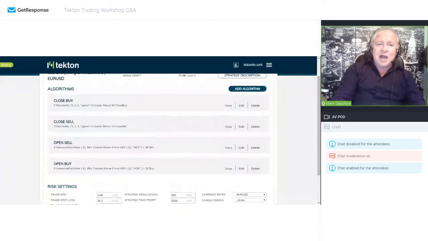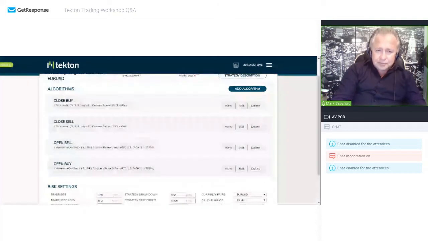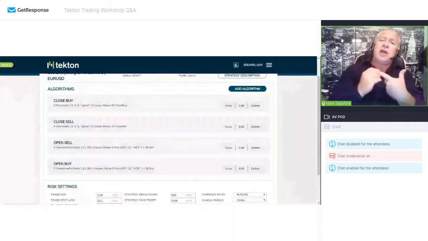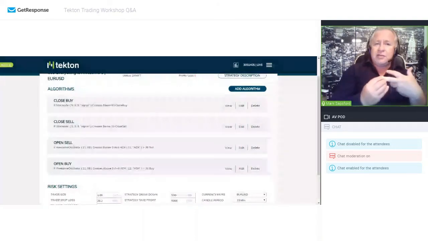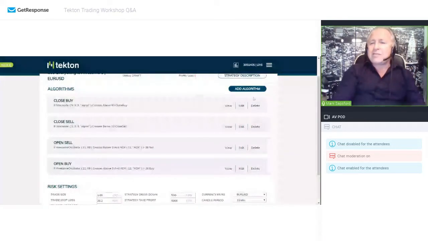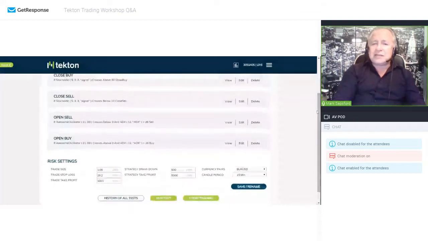So other things to look at here. I was going to cover the close buy, close sell. As you can see here, we've got open sell, open buy, close sell, close buy. So you can use algorithms to not just open your trades, but also to close your trades. If you do that, some good advice is to increase the take profit level to a high level, because you want the oscillators to close the trade and not your pip size.